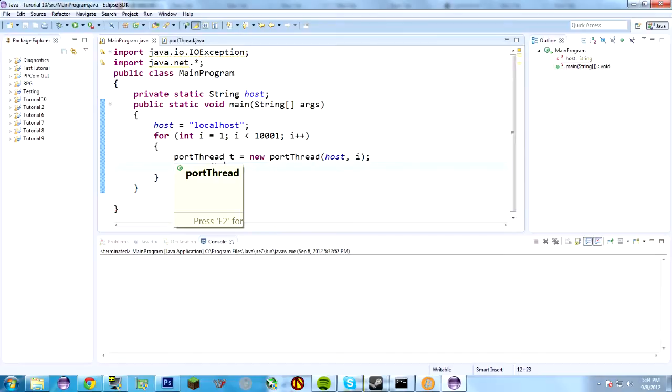But anyway, you would just write it to a file, and each thread would write its own to a file if it found the port was open. Then this main program would just grab the contents of that file, put it into an ArrayList or something, use Collections.sort on it, and then display it out to the user in a nice, numerically ordered way. And so obviously that can't happen here because the threads, while we do create them in a sequential order, 1 before 2, 2 before 3, 3 before 4, 4 before 10 trillion,